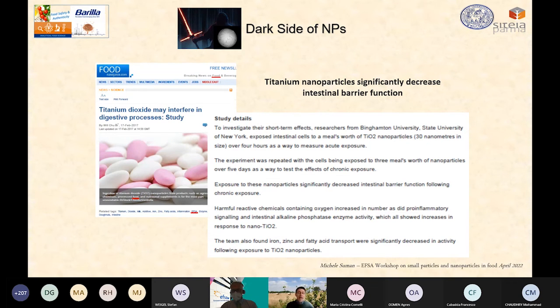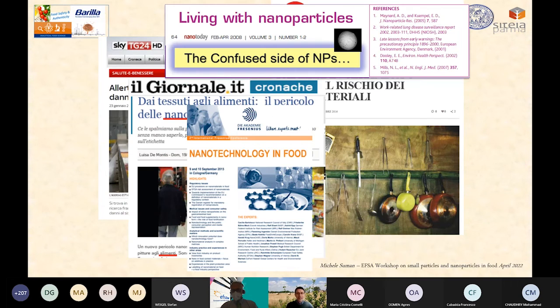In general, I would say there is a good, a dark, and a confused side of nanoparticles, because you can find in the media, and in many scientific papers, many different kinds of information. So the point, from the perspective of the food industry, and also in terms of preventing and assessing the safety,